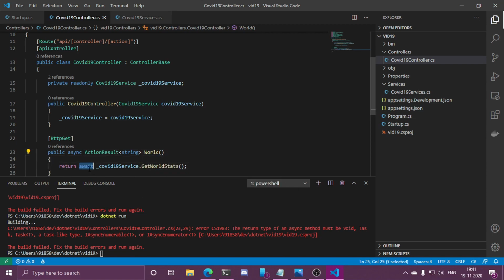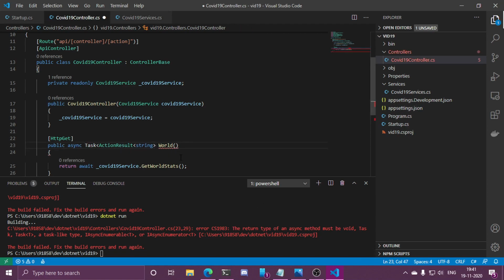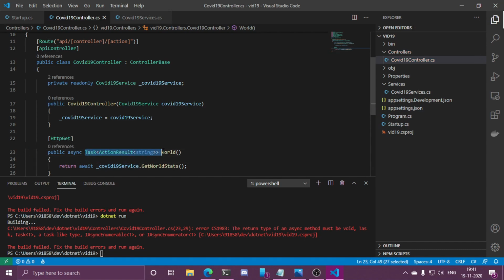And since we are awaiting something and this is the async thing, we also have to take care of the task. So task async and then string. This is going to be the actual return type because we are returning data, but by convention we actually return the data of type action result.